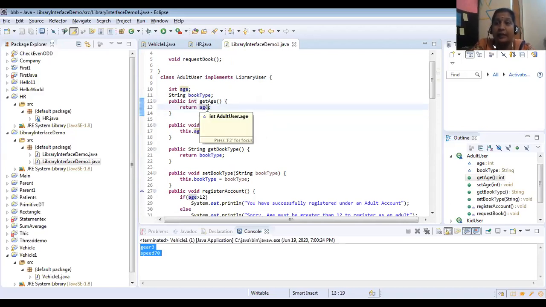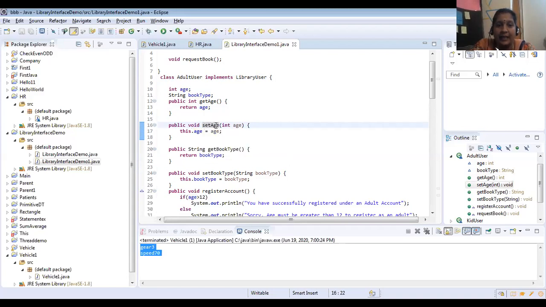So I told you getter method will be used to retrieve the value of the variable. So if I give 15, it has to retrieve age. Okay, age value is 15. So that I have used. But I have to set, update. I have to do updation. So public void set age of. Okay, set age of.